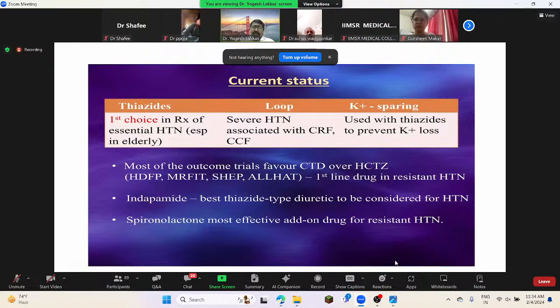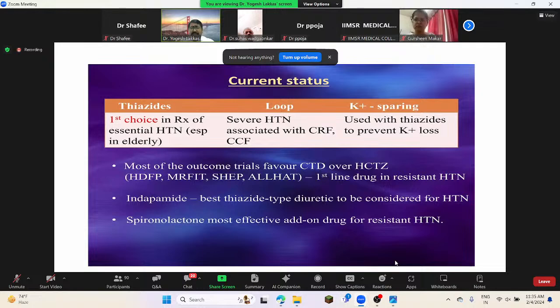But always remember that in my clinical practice, if age is more than 55 or more than 60, I will not use a diuretic as the first choice of drug, because in a few patients it can lead to severe hyponatremia. You have to be cautious about this. Then you can use calcium channel blockers or ARBs or RAS pathway drugs as first line.